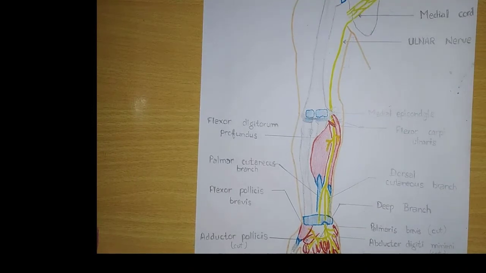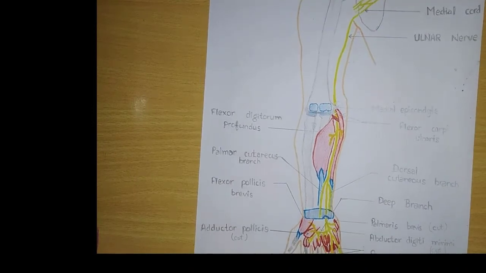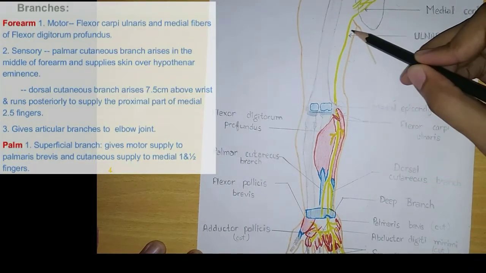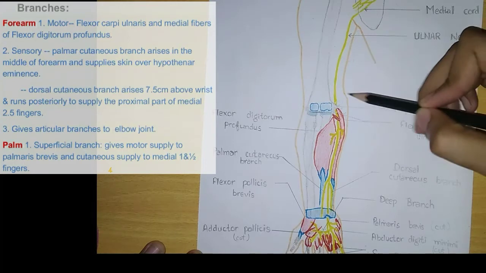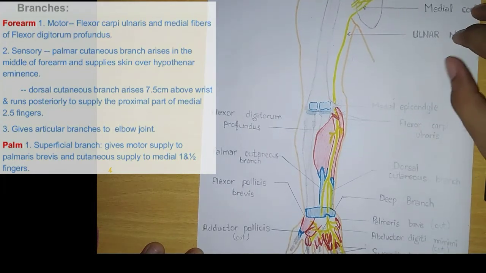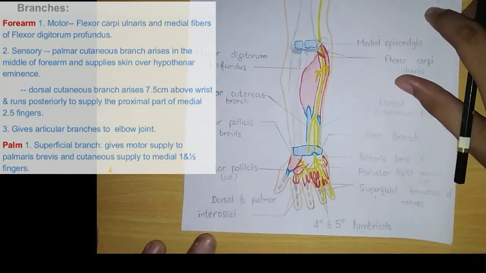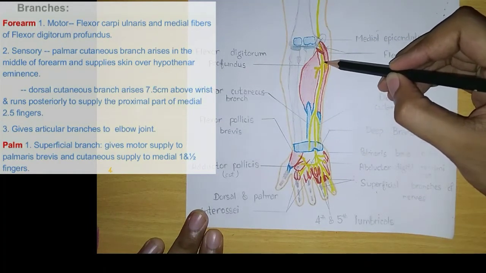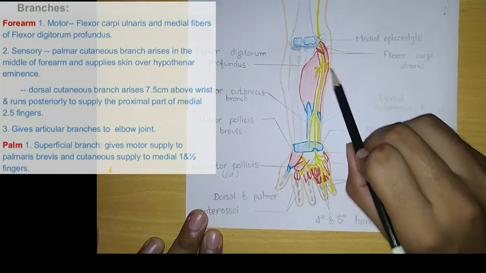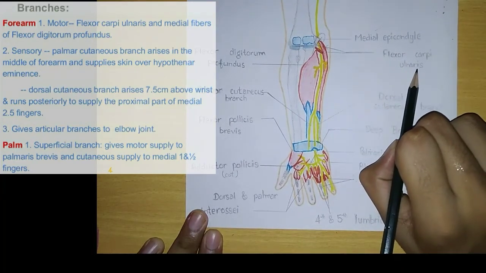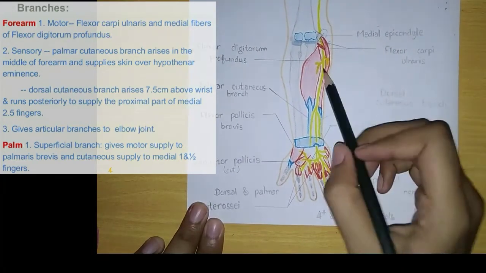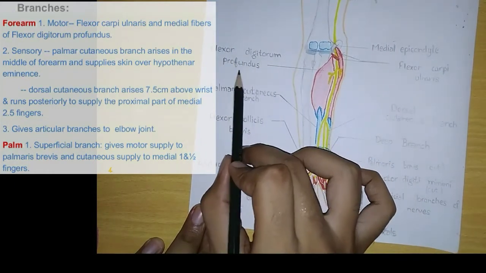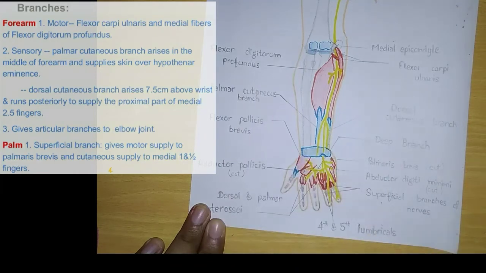Till here we are done with the courses and relations, and now we will discuss about branches of ulnar nerve. So in the arm it does not give any branch, and in the forearm it gives motor supply to the flexor carpi ulnaris, and here it also gives motor supply to the medial fibers of flexor digitorum profundus,